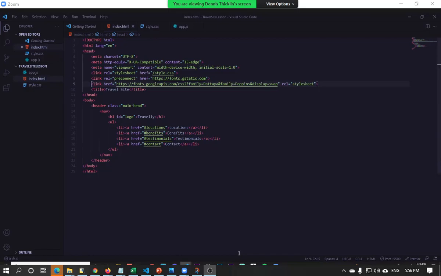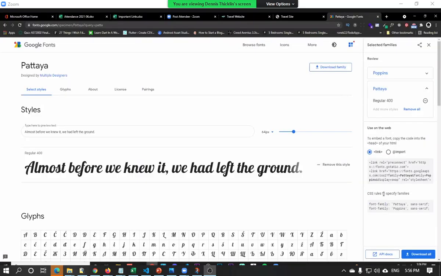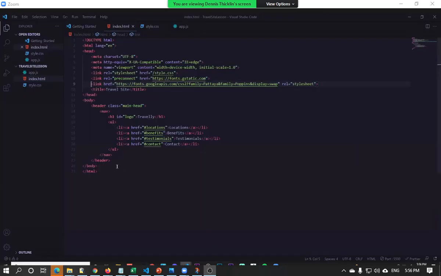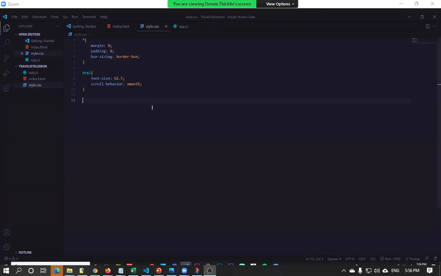Now we can go back to Google Fonts and we look here. It says CSS rules to specify families. So these are the families that you have to type out in your CSS if you want to use that specific font. So let's go back to VS Code and let's actually use them. So the body is going to be like this. So we're going to type in body. Actually, first off,